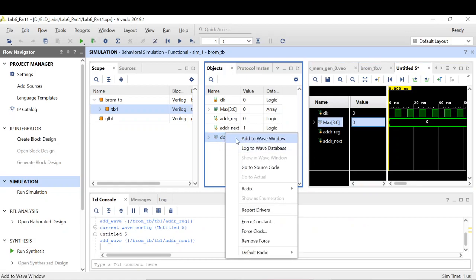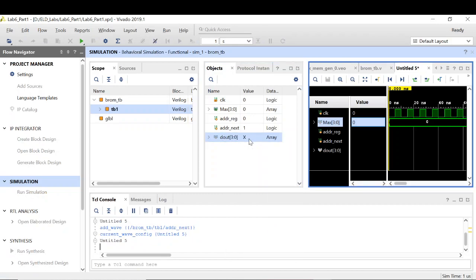Okay, so for D out it's fine. Because D out is a wire, ideally what I can infer from these values is that D out never got any value from the BRAM, right? So we were not able to access the BRAM. Let's see how it is a problem. Once you have added it into the wave window, just click on relaunch simulation so that in the same wave window you can get the results.